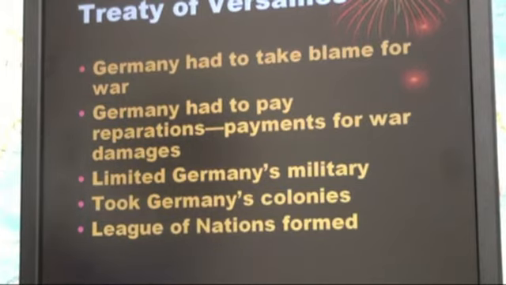The League of Nations was formed from the Treaty of Versailles, which was a group of countries that decided to try to end their disputes peacefully through talking it out. The big problem with the League of Nations was the United States wouldn't join it. The United States said, we don't want to be involved in foreign wars or anybody else's conflicts, so we didn't join the League of Nations, which took a lot of bite out of it.